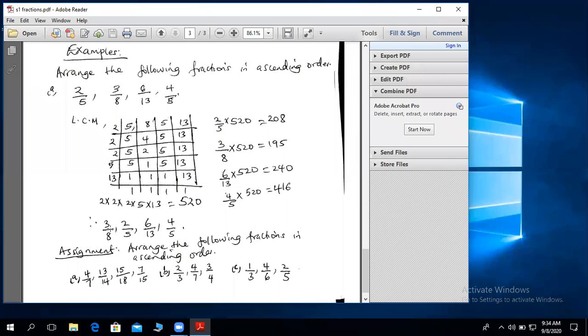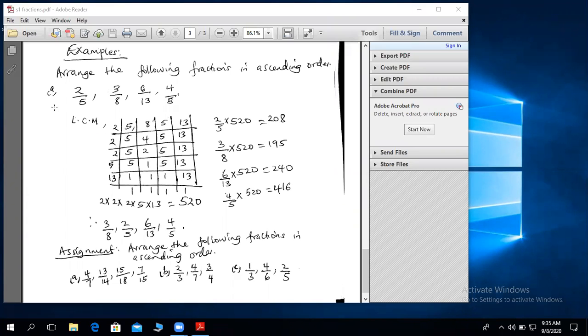It is the smallest, followed by 208, and the corresponding fraction is 2 out of 5. The corresponding fraction for 240 is 6 out of 13. It will be followed by the one that gave us 416, which is 4